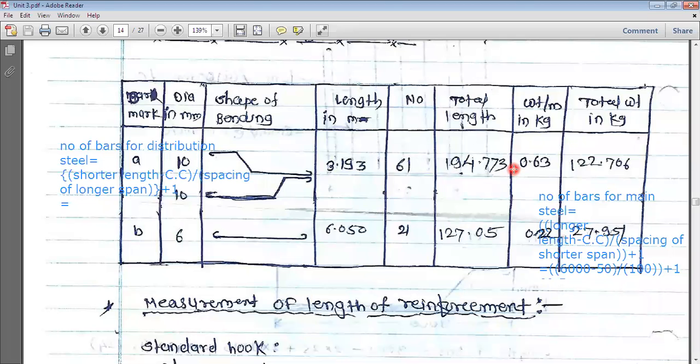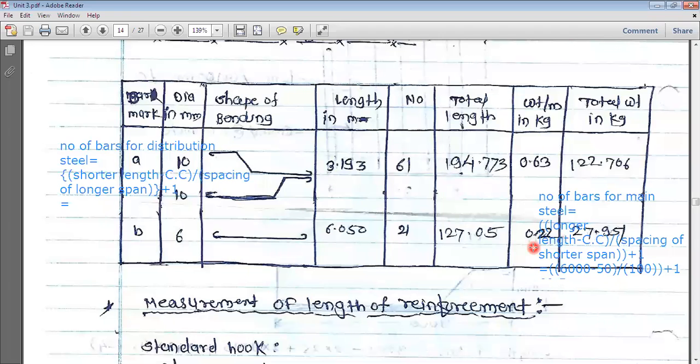ठीक आहे. In the same fashion you have to do the calculation for the distribution steel. Okay, distribution steel बारचा डायमीटर किती आहे? 6 mm आहे. शेप कसा आहे त्या बारचा? हा शेप आहे जो मी पॉइंटरनी दाखवतोय तुम्हाला. ठीक आहे, त्या डिस्ट्रीब्युशन बारची लेंथ किती आहे? डिस्ट्रीब्युशन बारची लेंथ किती काढलेली तुम्ही? एनीवन कॅन टेल मी, कारण मागच्या सेशनमध्ये आपण ती कॅल्क्युलेट केली, जी काय आली असेल ती 6 पॉईंट समथिंग. ओके, त्यानंतर नंबर बार्स 21 आलेले आहेत. टोटल लेंथ कशी काढणार आहे? लेंथ मल्टिप्लाइड बाय नंबर्स, यू विल गेट दी टोटल लेंथ. वेट ऑफ द बार कसा काढताय? वेट ऑफ द बार इक्वल्स टू डी स्क्वेअर बाय 162. d is 6 mm, so 36 divided by 162, calculation becomes 0.22 or 23, just check it.